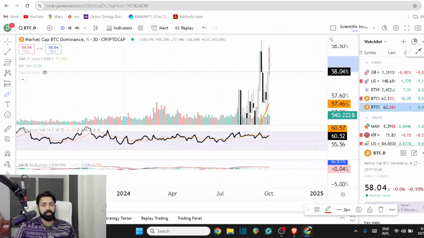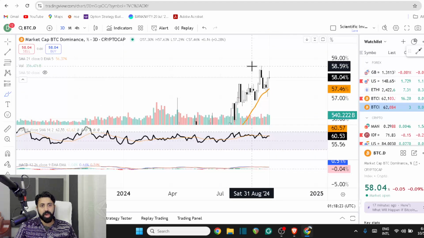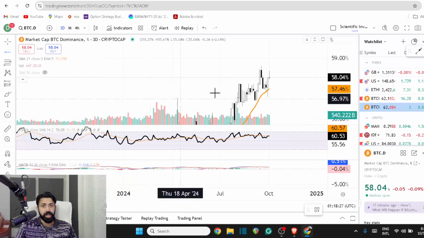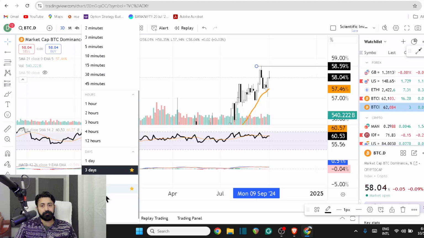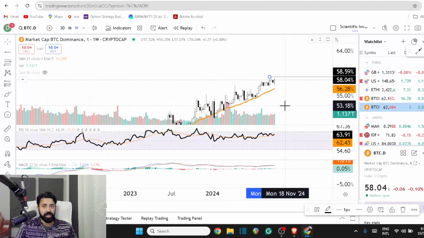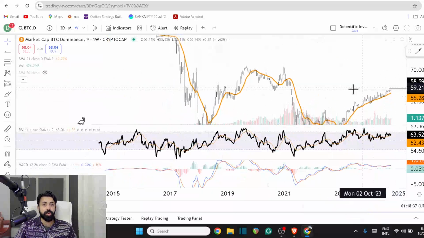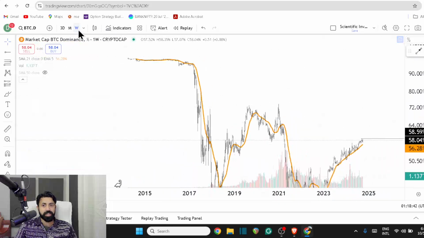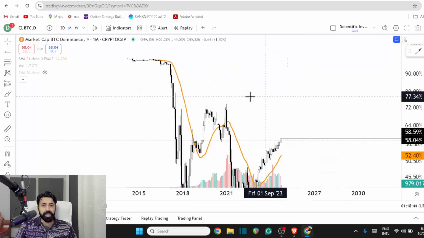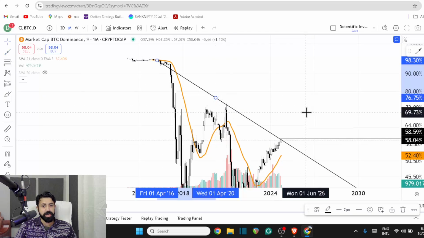First, to get an idea of where XRP is going or where Bitcoin is going, you need to look at the dominance part, where the cash flow is going in. Now, on a 3-day chart, this is what the dominance shows you. It came up to 58.59. That means a lot, guys. On a zoomed in chart like this, it doesn't mean much, but the moment you step back on a macro chart, a weekly, a monthly, and you look for macro resistance, you start to realize that particular range is valid through years.